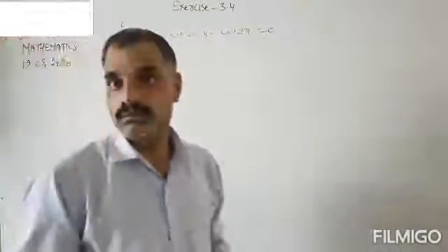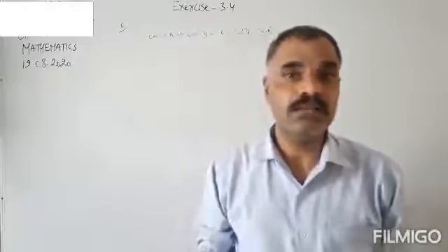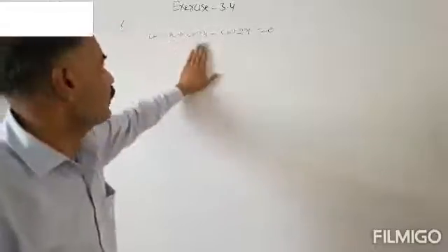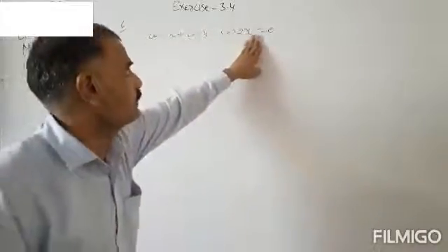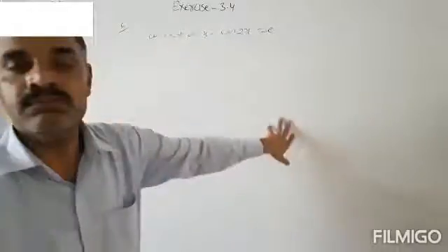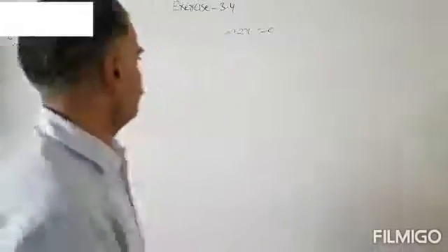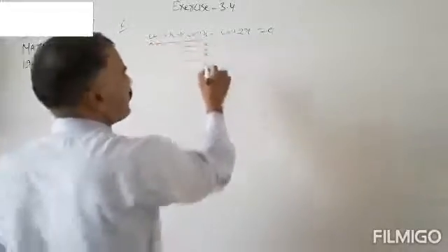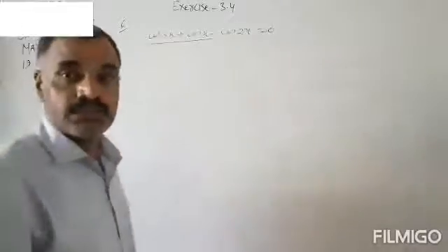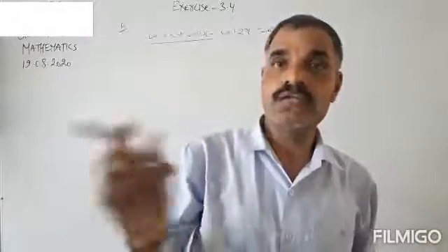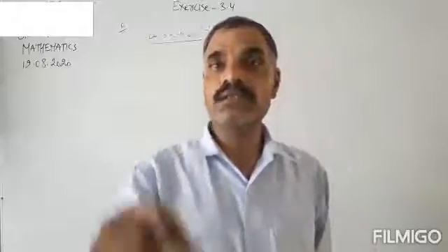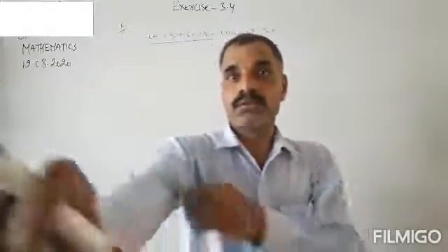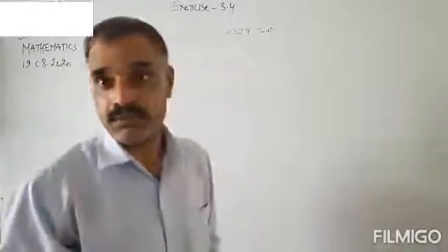So how to solve? Here we have been given three trigonometric functions, that is cos 3x, cos x and cos 2x, all adding and subtracting to equal 0. Let us make a combination of cos 3x and cos x. Cos 3x plus cos x is of the form cos A plus cos B. So what is the identity of cos A plus cos B?